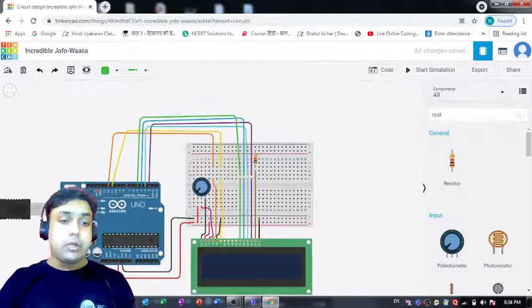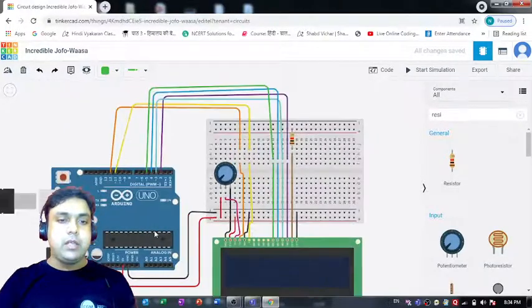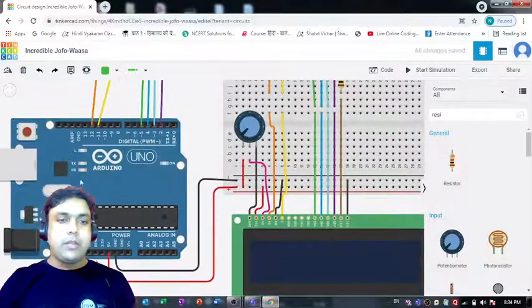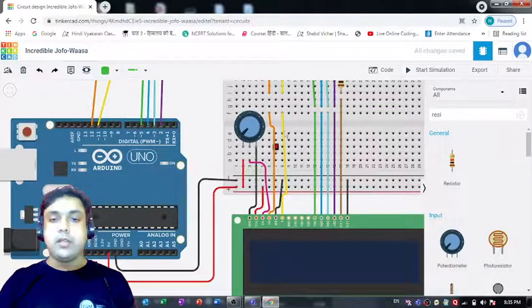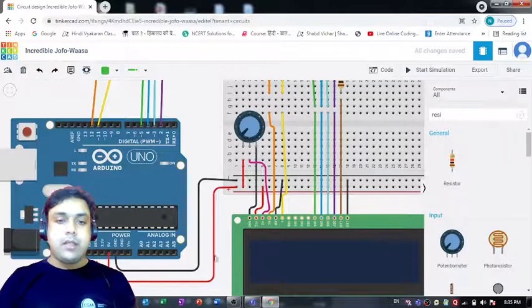Let me tell you what all things I have defined over here. So I made use of these components. The first one is this Arduino Uno R3 board. Then we have this breadboard, we have this LCD screen. Now I connected this 5 volt to this positive terminal of breadboard, and this negative terminal I connected to this ground pin of Arduino Uno R3 board.